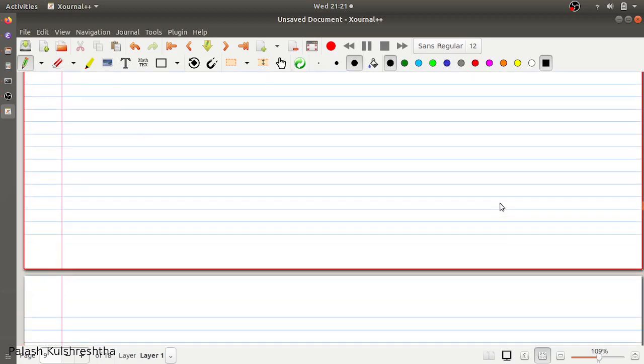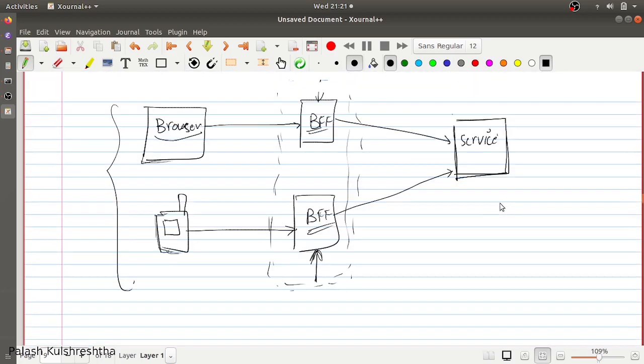Another advantage, besides development speed and not having a bottleneck in the main service, is that the code remains clean. So this can only handle business functionalities. All the interface level functionalities have been moved to the BFF service. First of all, clean code.